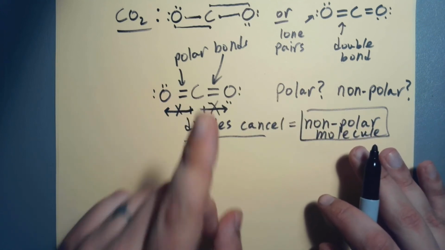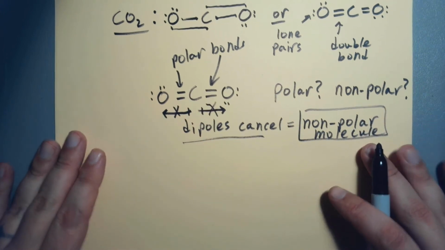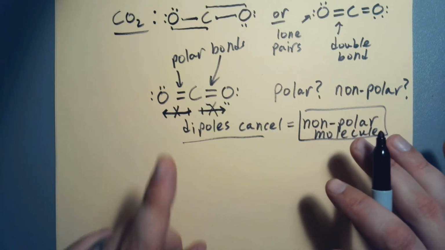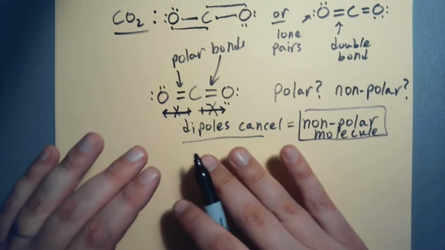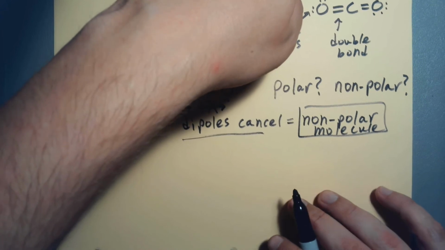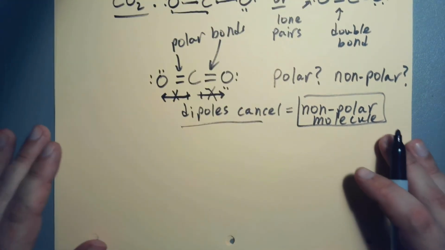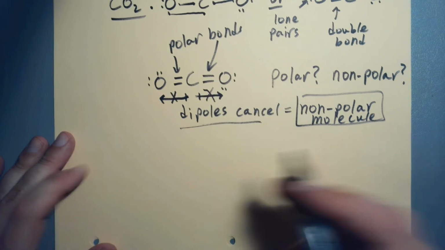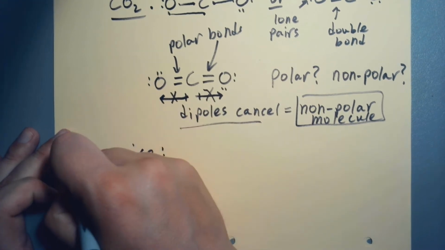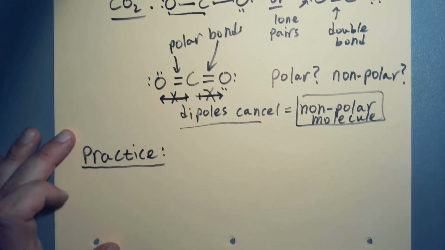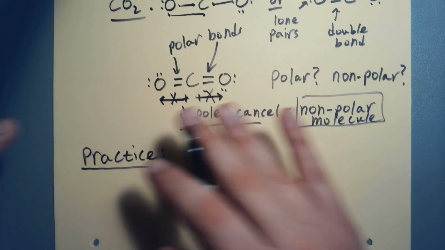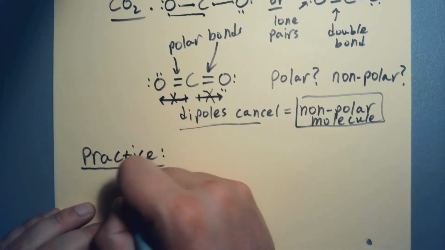I have to talk about one exception. There's a lot of exceptions to this because there's a whole bunch of stuff I'm not talking about with the shape of molecules. There's one I have to talk about. So I have to be very careful in how I draw Lewis structures. But before I talk about the exception, let's kind of practice this a little bit. I want to make sure that this makes sense before I talk about the weird thing that I can't avoid. If I could avoid it, I would. I avoid so many other weird exceptions, but I can't avoid this one, and you'll see why when I talk about it. But for practice, let's look at